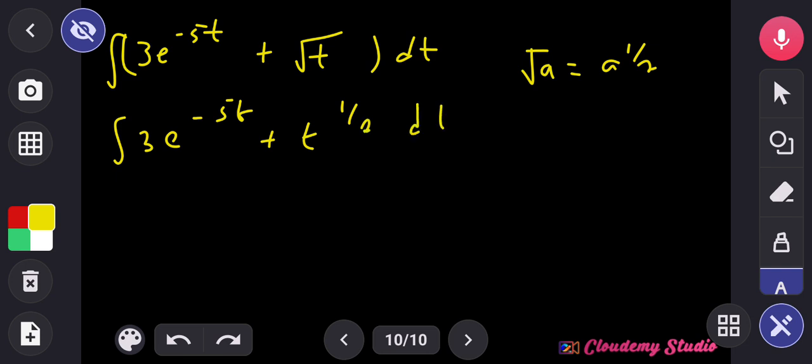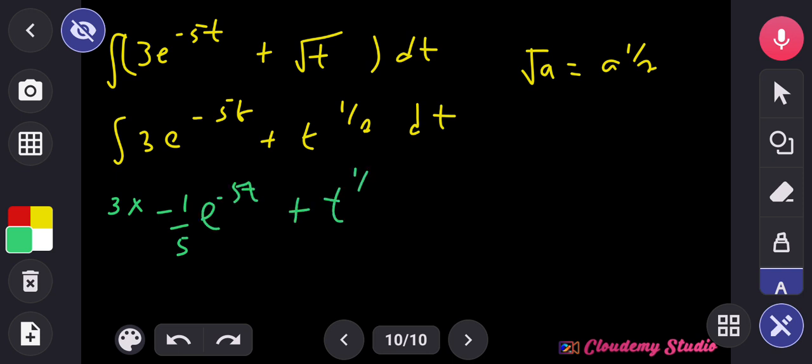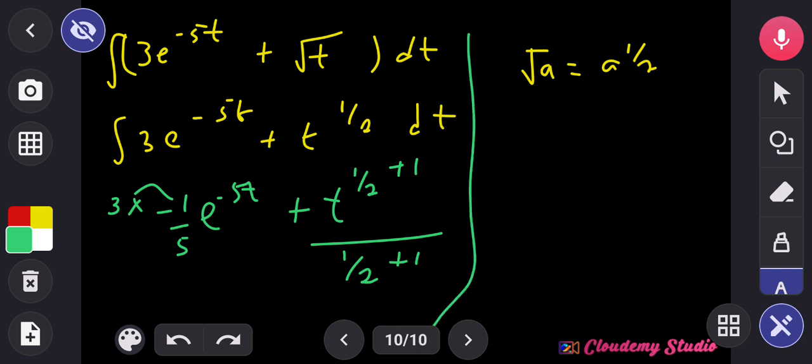So the next thing is we are going to apply our rule of standard integral, which is integral of exponential ax equals 1 over a exponential ax, which means this one is going to become 3 multiplied by minus 1 over 5 exponential minus 5t plus t raised to power 1 over 2 plus 1 divided by 1 over 2 plus 1. So 3 multiplied by minus 1 will give us minus 3 over 5